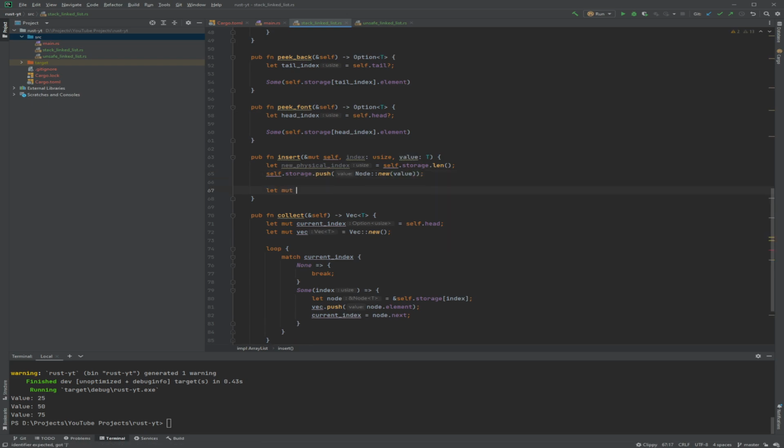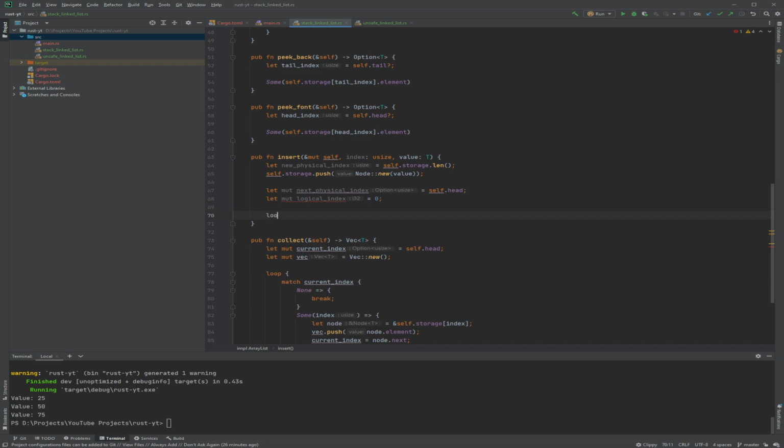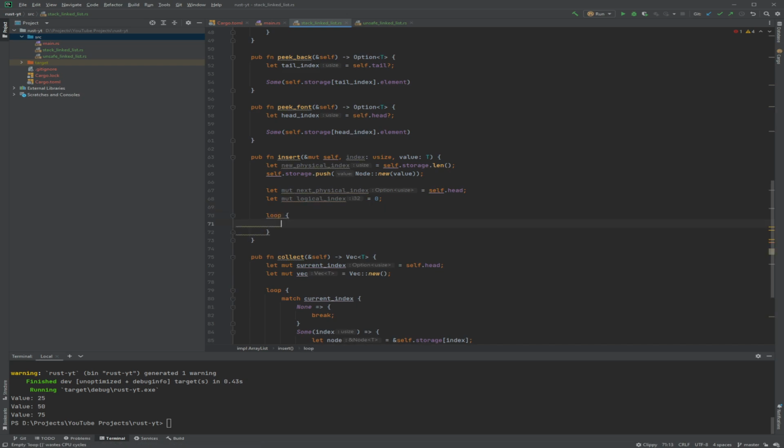Then we also need the next physical index so we can have a reference. You'll see why it's needed, and it starts from the head. And then a logical index. This is the index that the user believes the data is stored in, but it's not, because the data is implemented using a vector. So all of this matters.